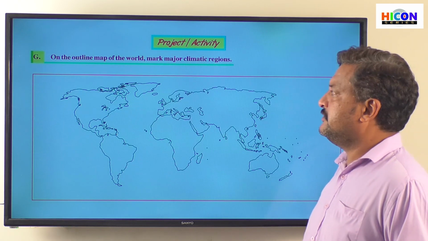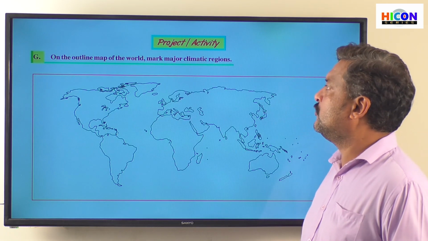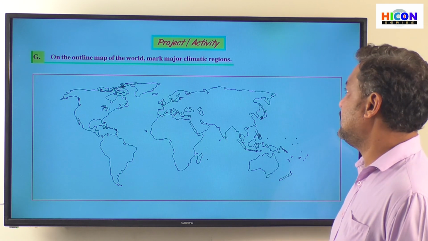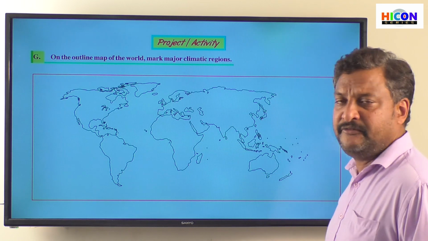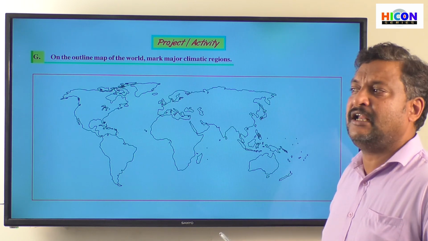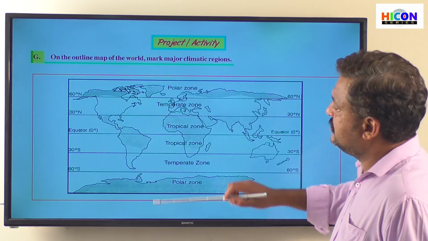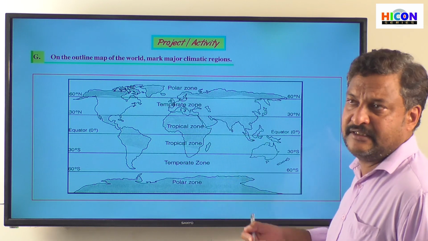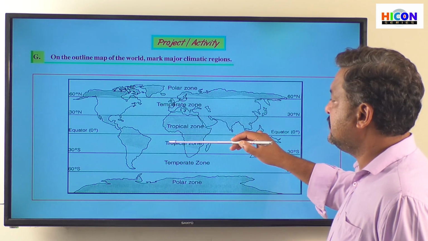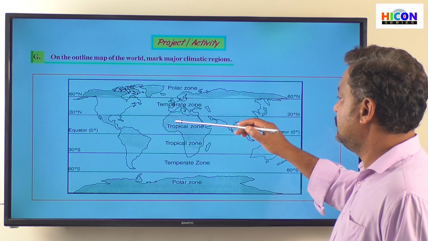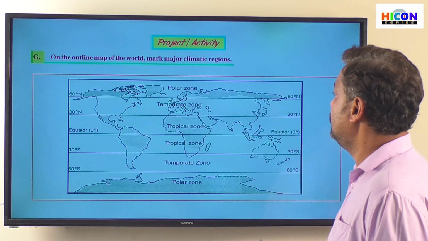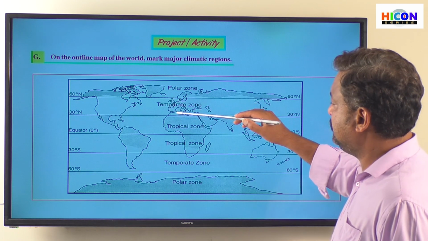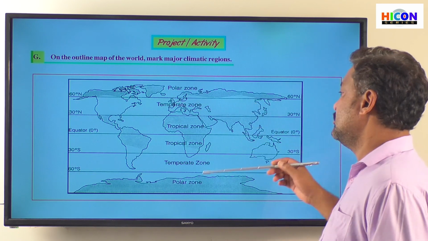So the project and activity: on the outline map of the world, mark major climatic regions. So we have a world map here and we need to mark the major climatic zones in this region. We have just seen this. On either side of the equator, we have the tropical zone or the torrid zone. Beyond that, the temperate zone in between the tropical